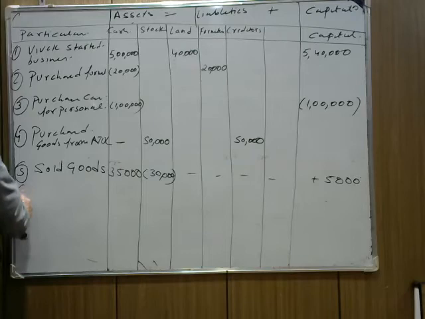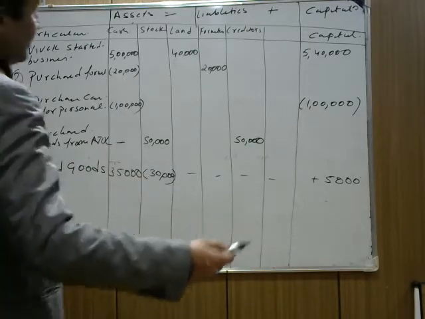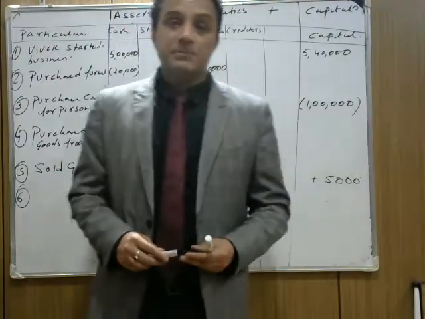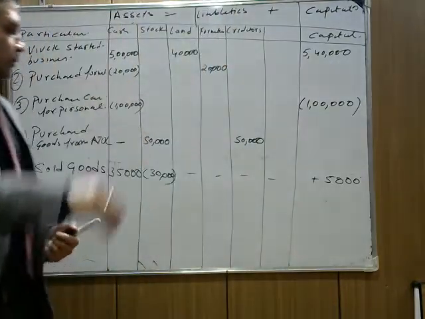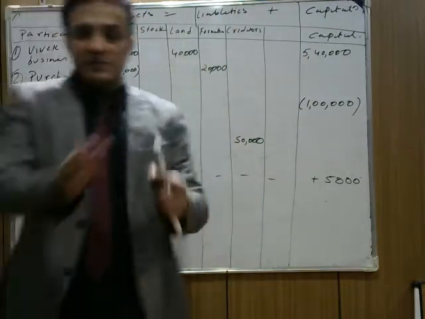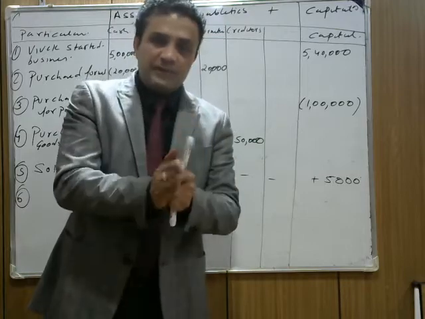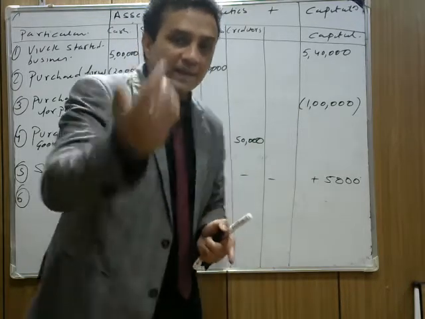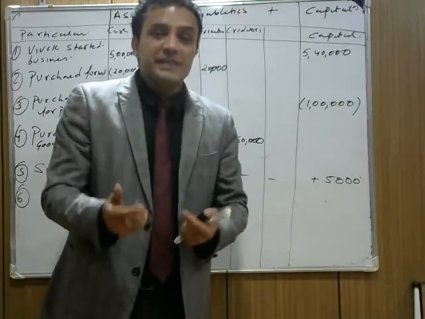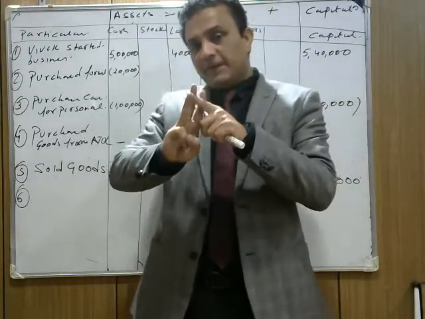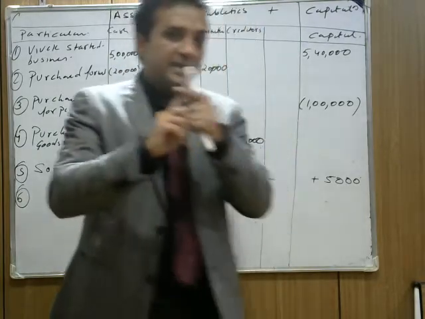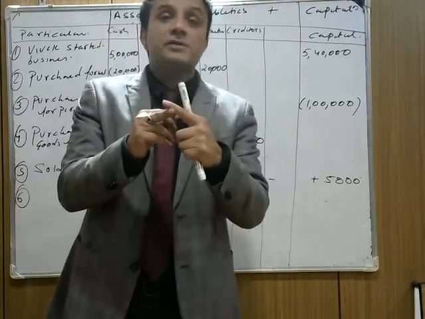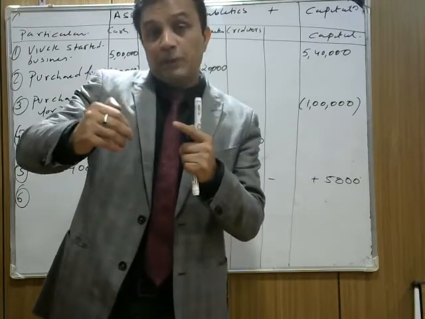Transaction number 6 says paid to Atul in full settlement 48,000. We have already done this kind of transaction in my past video also. How much did you need to pay to Atul? You purchased goods worth rupees 50,000 from Atul. Now you are paying it in full settlement. Now listen, this transaction has a triple effect. Your asset decreases because you are paying to Atul. At the same time, your liability also decreases.